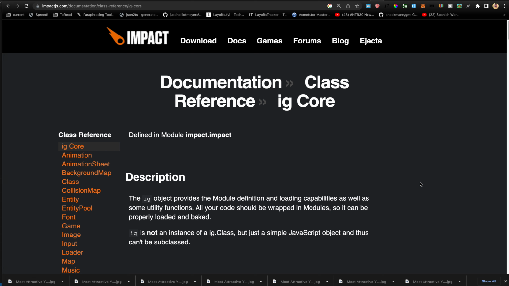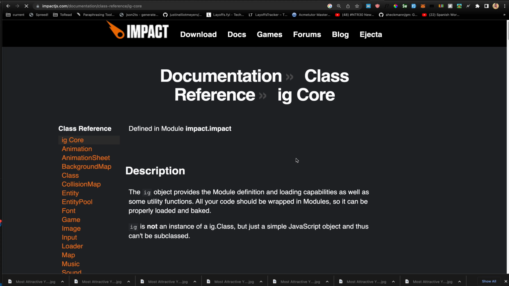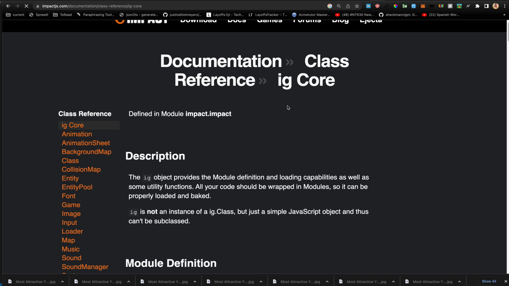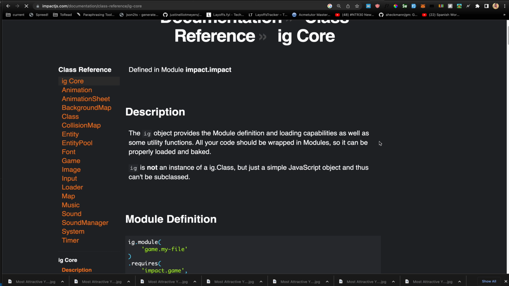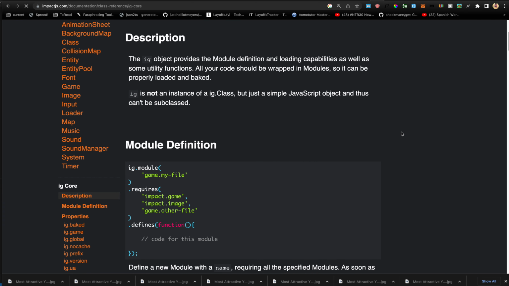In this video, starting with the core. So the core reference, let's find out if there is any, or let's just go for it. All right, so ig.core is defined in the impact module, and the description is the IG object provides the